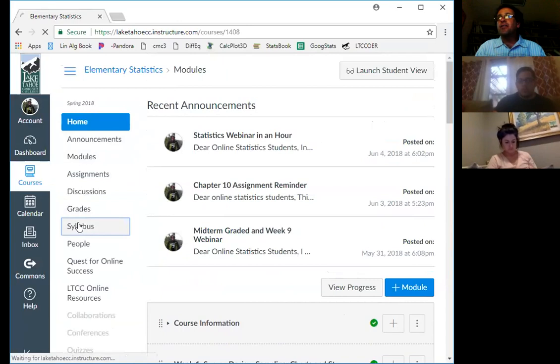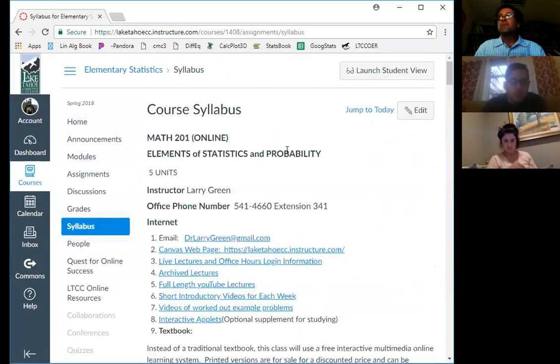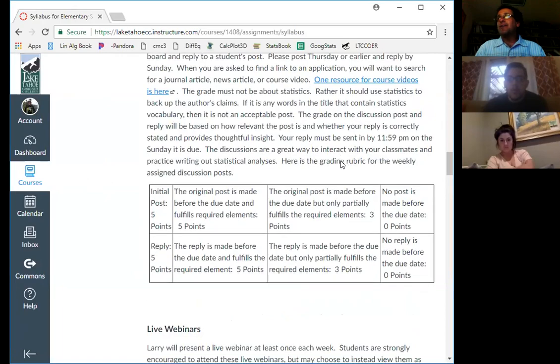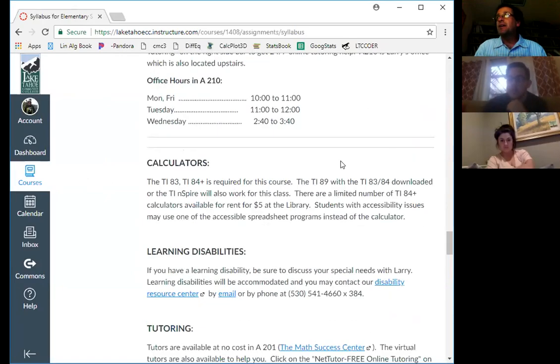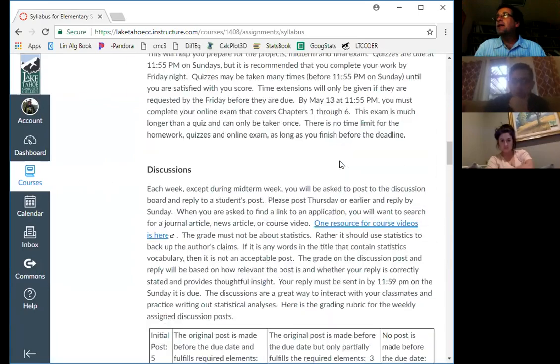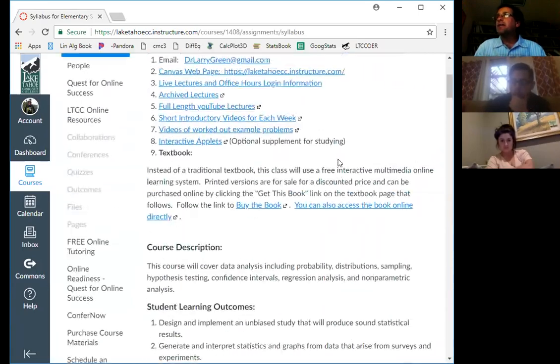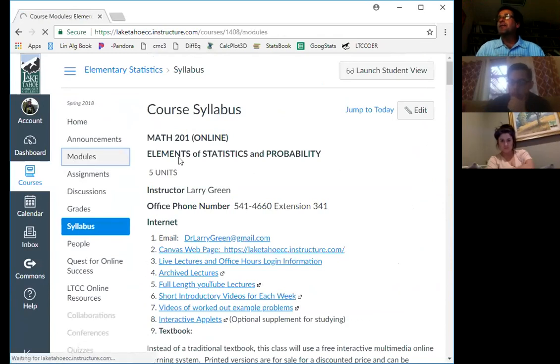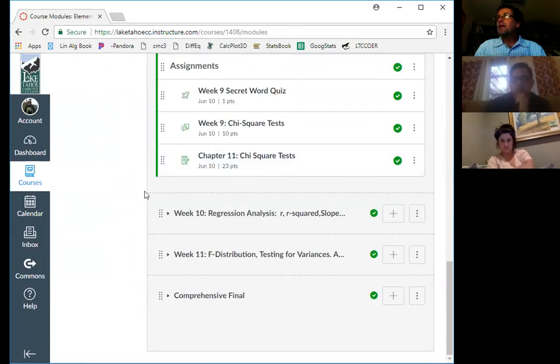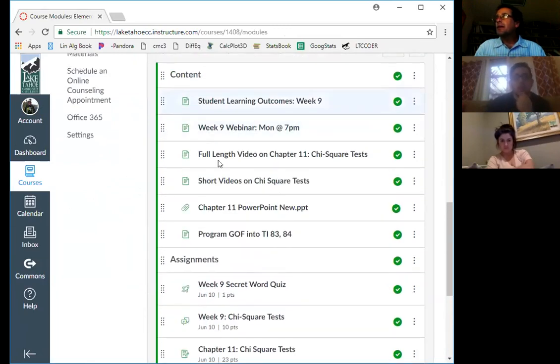Okay, so if you go to the syllabus, do you see? Do you have an 83 or 84? 83. Okay, so this works on an 83, supposedly. I've only done an 84, but people have told me it works on 83. And, sorry, I think I had it in the modules, actually. That's right, I have it in the modules. One more try. And see, it says program GOF into the TI-83/84? If you click that,